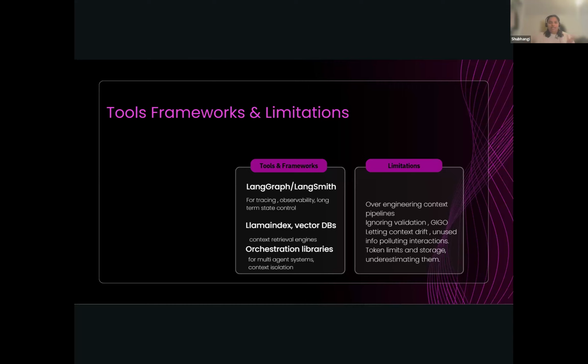So the context can change if your context window is not set properly. It drifts from one window to another. What happens generally is the response you get is kind of mixed. It's not really clean, succinct, and brief. So there is a lot of unused, polluted data in it. And then lastly, the token limits become a big hurdle, especially if you are aiming for a long-term memory AI agent, because storage is important, how you store your tokens. And a lot of people underestimate how effectively they impact the outcome that you are trying to create.